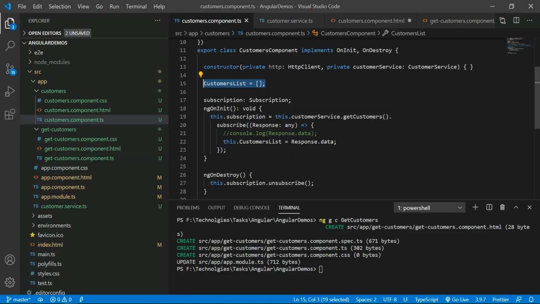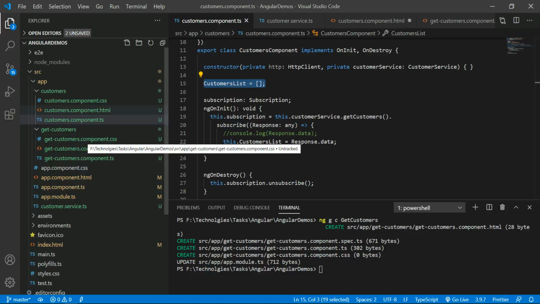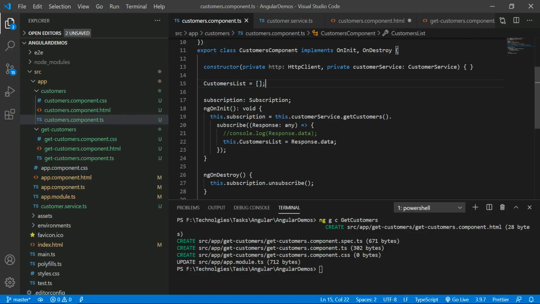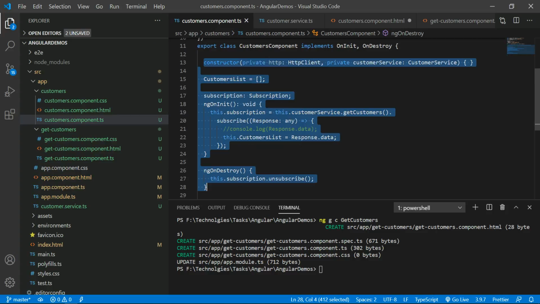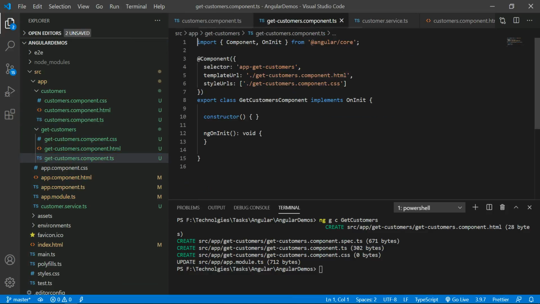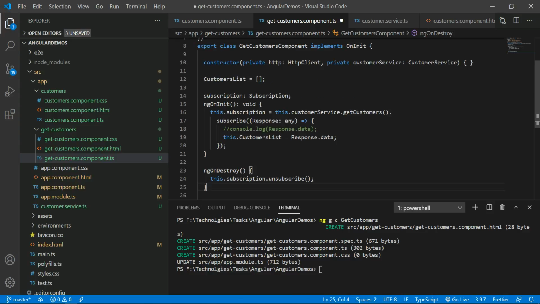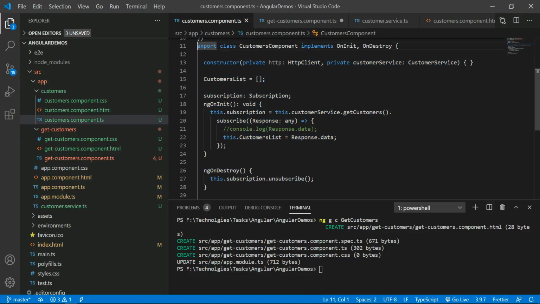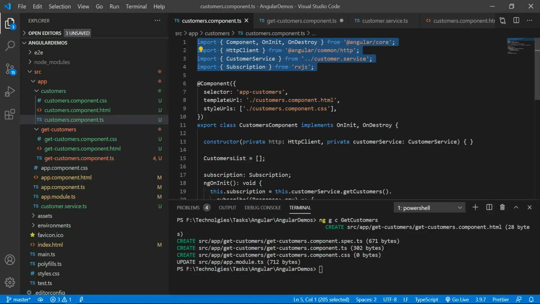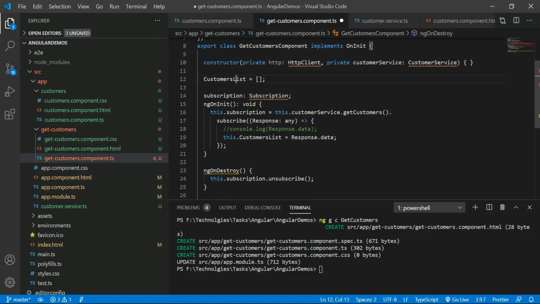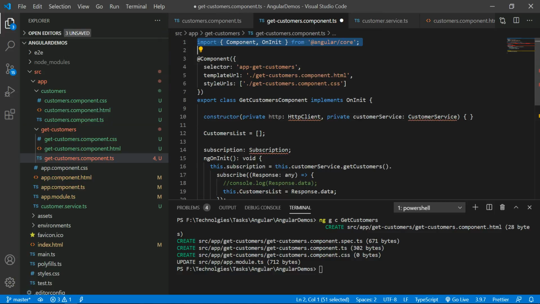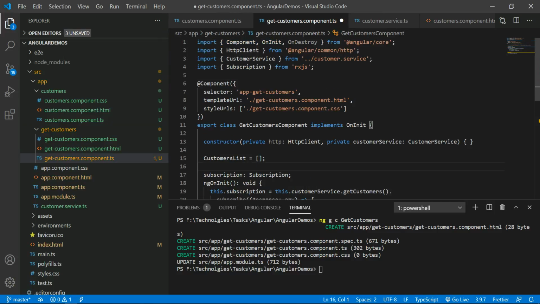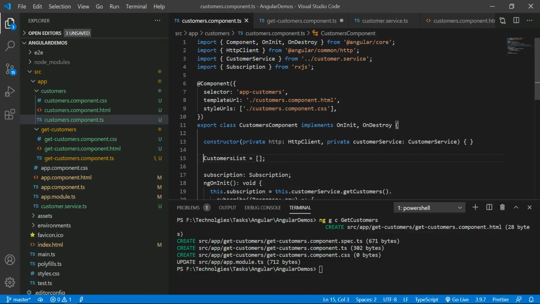I just want to initialize all the variables in get customers, and I will take the reference of get customers into the customers component. Let me copy entirely from here to here and paste into get customers, and also let me copy these plugins. That's it. And after that, let me comment this one.